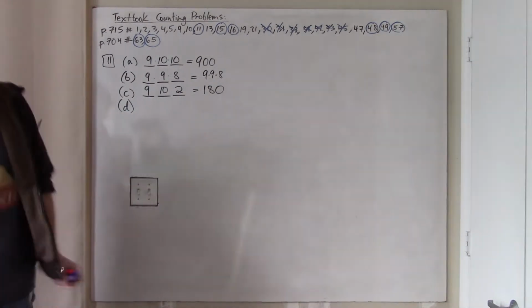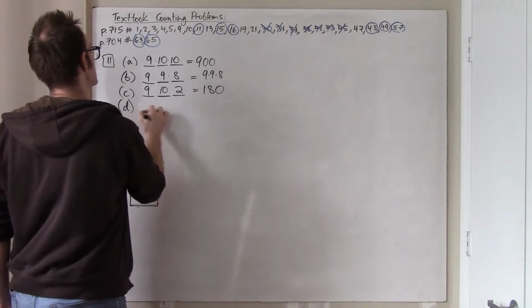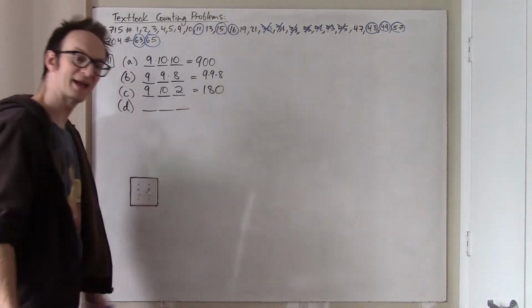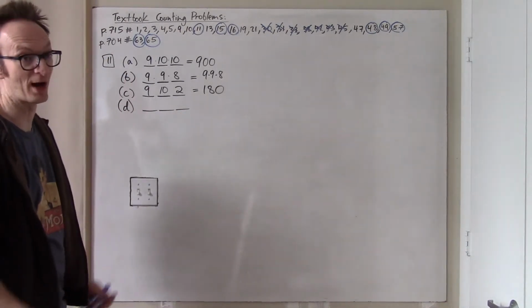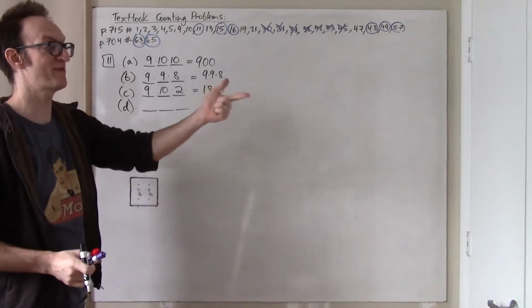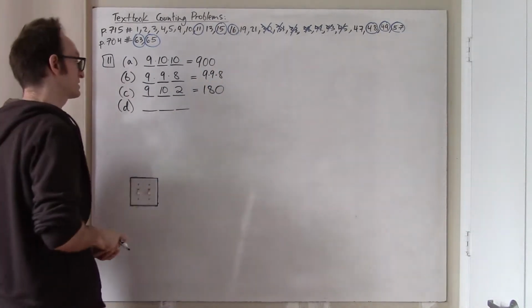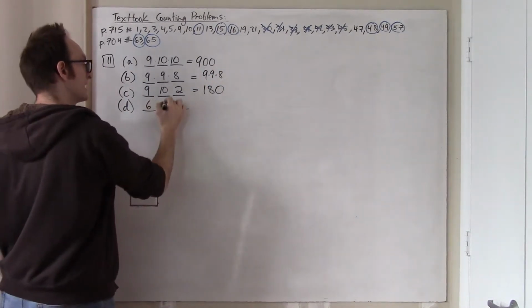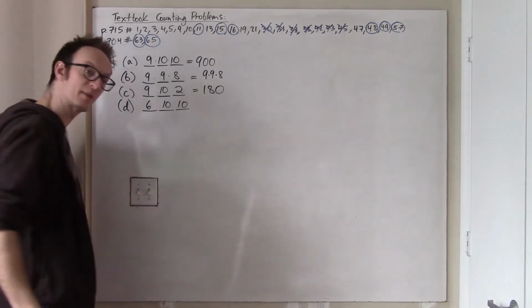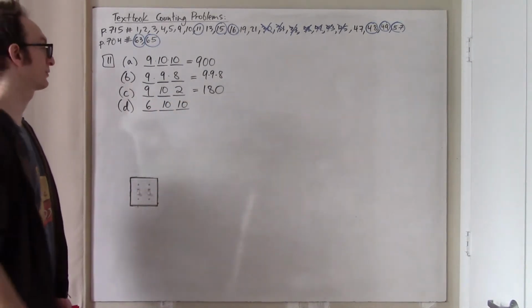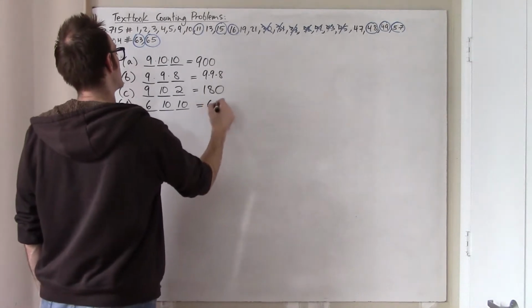The number is at least 400. Okay, well, if the number is at least 400, then that means the leading digit must be 4 or up. So what can the leading digit be? You know, 4, 5, 6, 7, 8, or 9. So you have 6 choices for the first digit, but then you have fully all the remaining available choices for the other digits, and so this is just 600, and you might say,